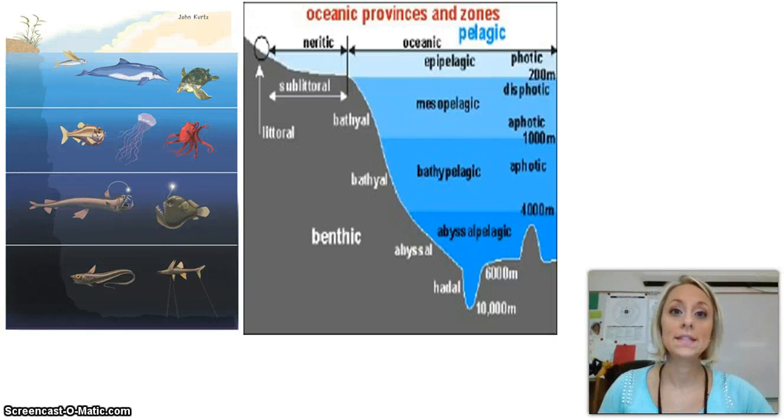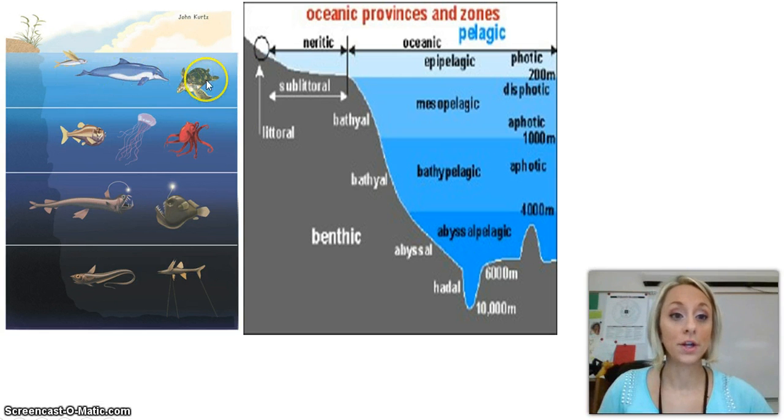Today we're going to look at different aquatic properties. An aquatic place could be anything like an ocean, a lake, a pond, or an estuary. The first slide we're looking at is based upon sunlight exposure. If you look here,